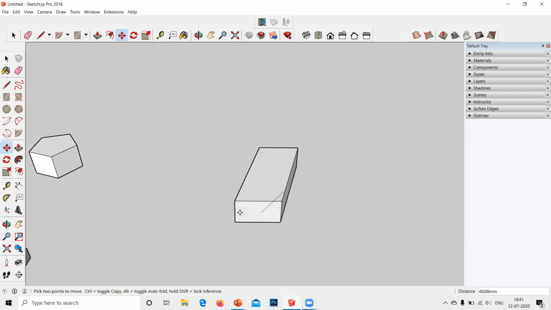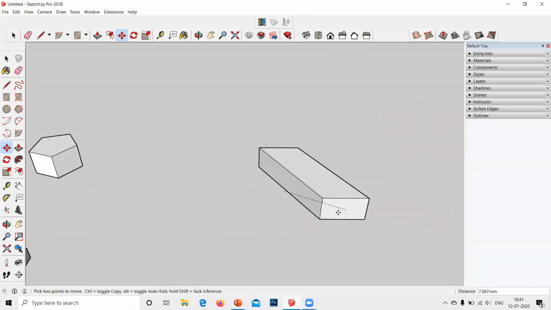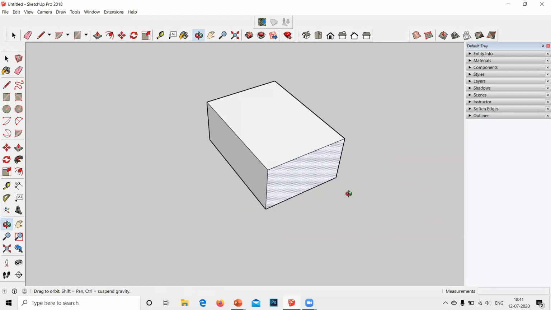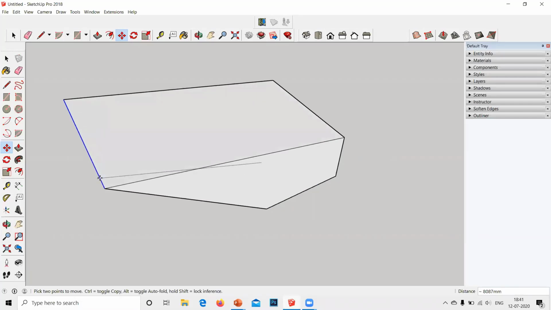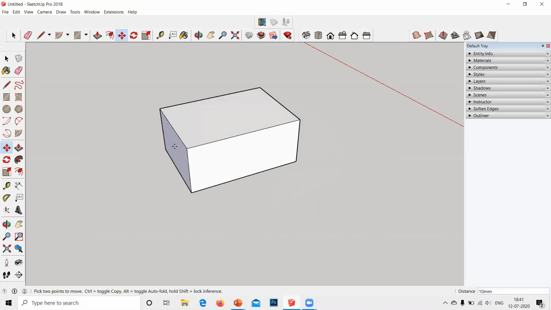Only this face is moving. Okay. Why only this face is moving? Because the move tool only works on one particular face. If you try to move this line, see what's happening. Try it with yourself. Only one face will move.